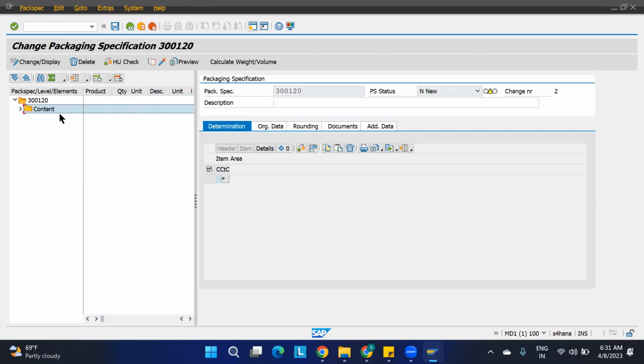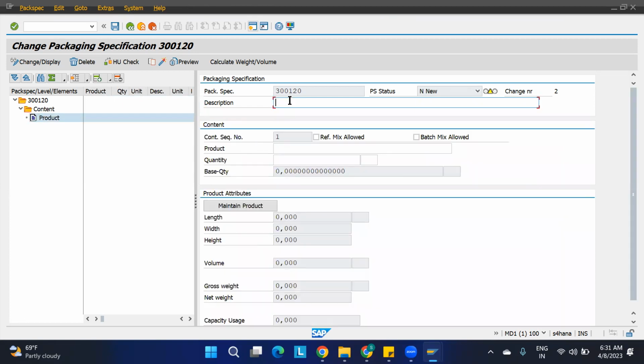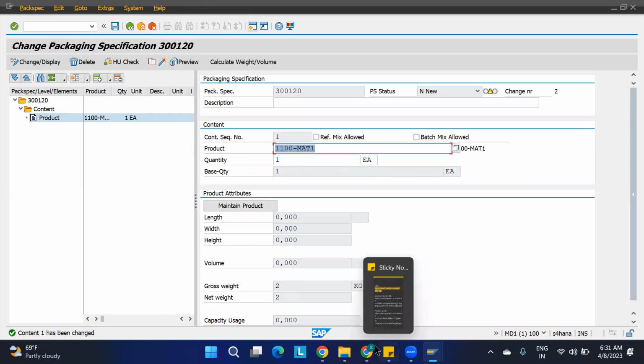Okay, what are our products? If you go downside, it is asking for the product, and I can put it over here. The product is 1100 mat 1. I am going to put it and click enter. It is taking one quantity automatically. If you want to see it in the diagram,